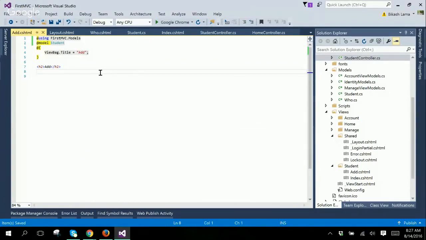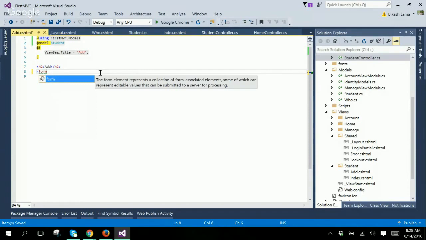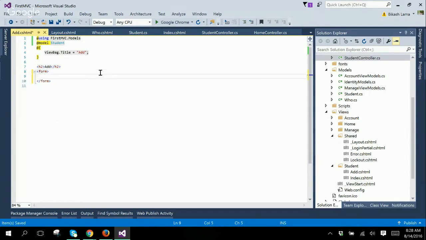Okay, for creating forms, I want to use Bootstrap. In normal HTML, you would be adding a form like this, and here you would be using the action, then you would be adding the method like this. But the same thing can be accomplished using HTML helpers. HTML helpers are tags that can be used to create HTML elements. It means instead of writing the form like this, you can do the same thing using